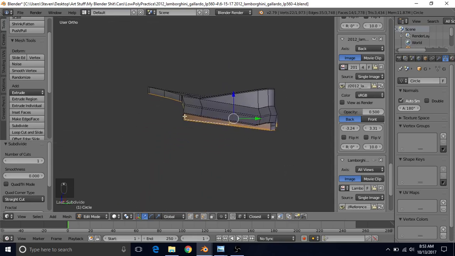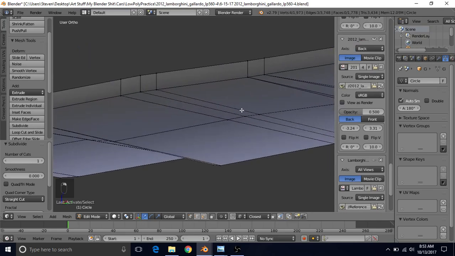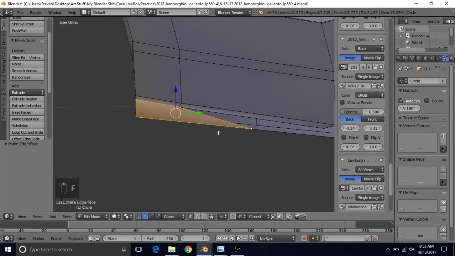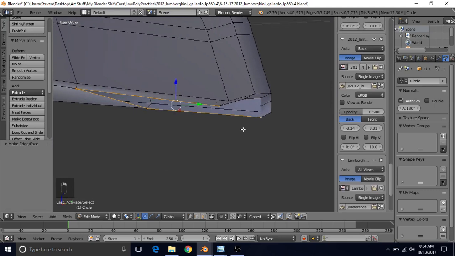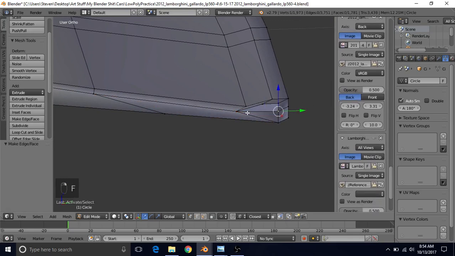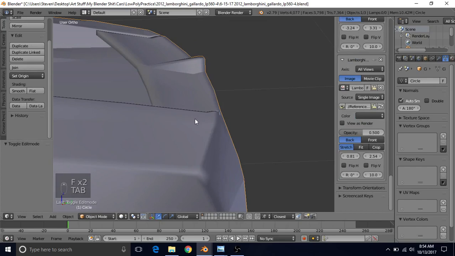And what I'm actually going to do first is fill in this side, so we're going to go to Vertex Select and select these four vertices. So these outer two, this top one and the bottom one, press F to make a face. Select these two and these two, press F to make a face. Select these three, press F, and then select these four and press F, and that'll fill in that side there,